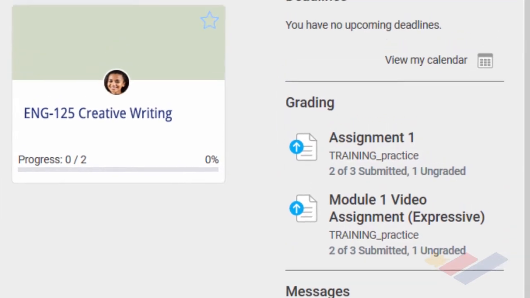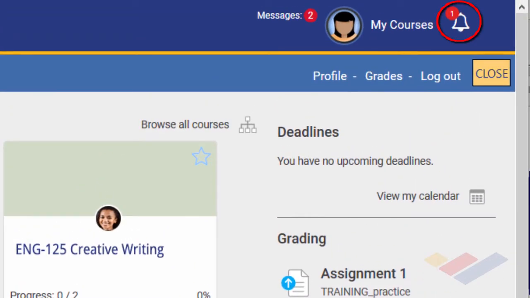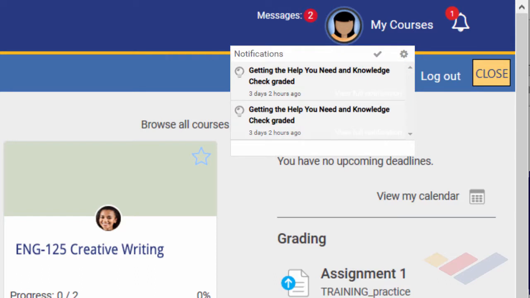And on the far right-hand side, that small bell icon is the notifications icon. Notifications alert you to events such as a new forum post, or replies, graded assignments, or badges awarded. So the small red dot with the white number in it will display if you have a single or multiple notifications. Selecting the notification icon will then reveal a drop-down of the notifications. You can also click to get even